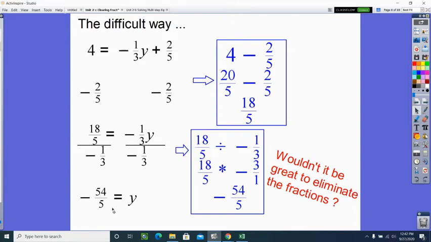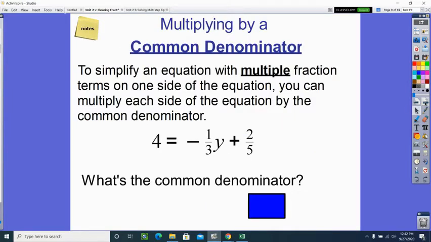And I end up with an answer of -54/5. Now, I say there's an easier way to do this. And oh, by the way, many students, when they leave the fractions in their equations, make a mistake somewhere. But when we clear them, the equation gets so much easier. So the way to clear the fractions